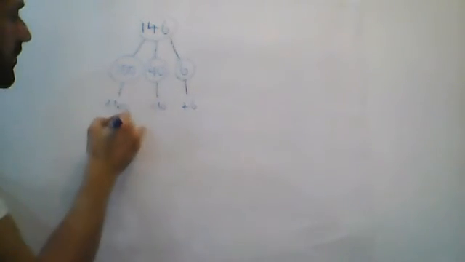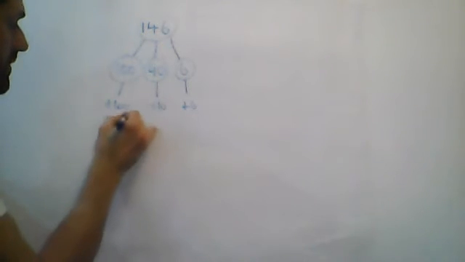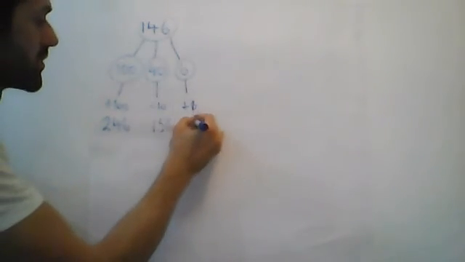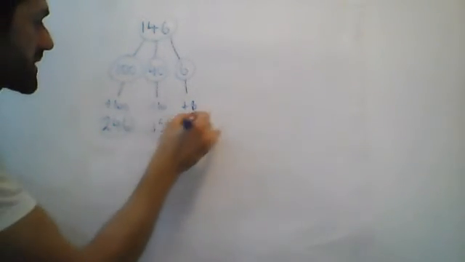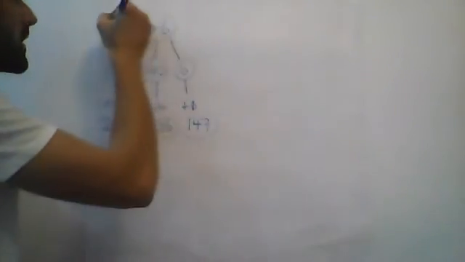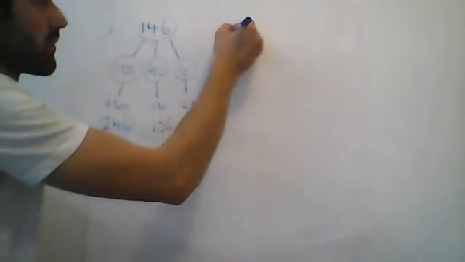Number equals 246, to add 10, 156, and to add another 1 is 147. Okay, 3 numbers partitioned, we've added 10, 100 and 1. That's number 1. Number 2,